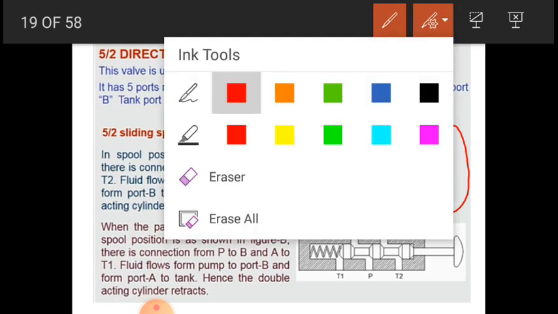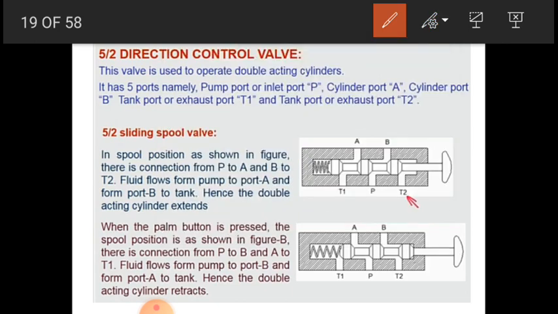In the spool position as shown in the figure, there is a connection from P to A. It means the fluid can flow easily from port P to A, and from B to T2.